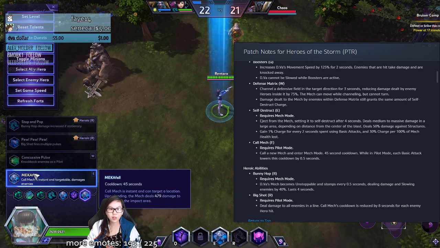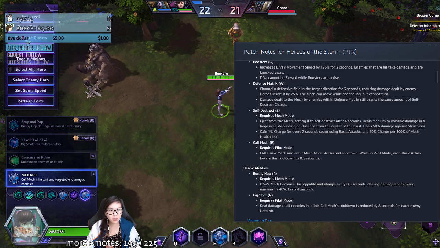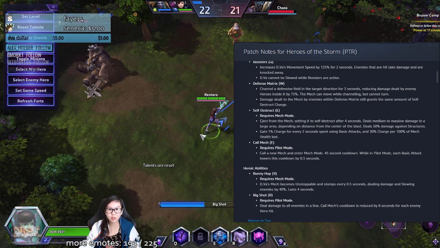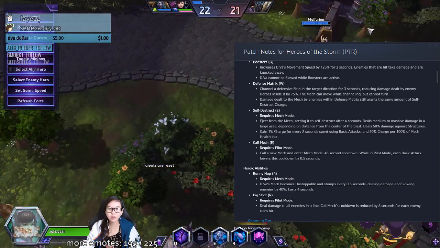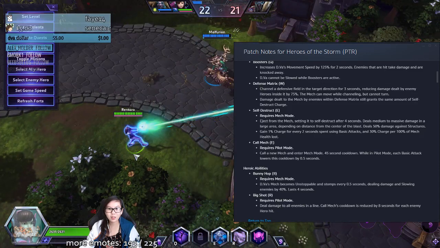I think Mecha Fall is really good. Pew Pew Pew would definitely give you a lot of charges, but you also are standing still when you use it. You're standing still. And obviously the person has to not move. So if the person that you're shooting moves, then it kind of like...